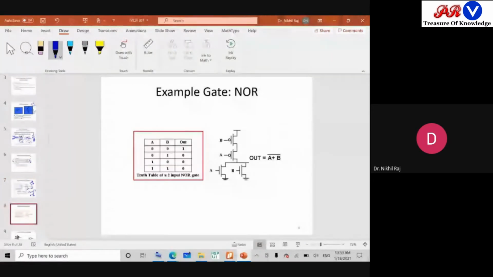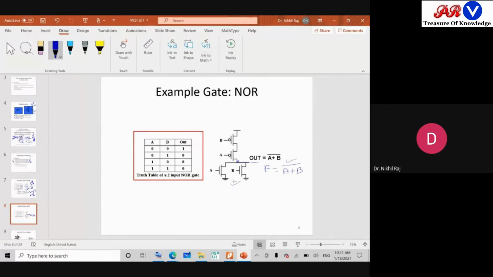Similarly, in this logic, this is your NOR logic. So NOR logic means what? This is your output F. So what we see here is F equals A, and a parallel connection is there. This means plus is there. So we'll write F equals A plus B. And since it is fully CMOS, a complement will come here. So this is your NOR logic.